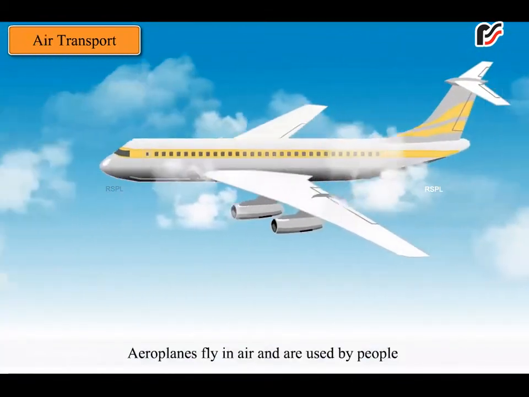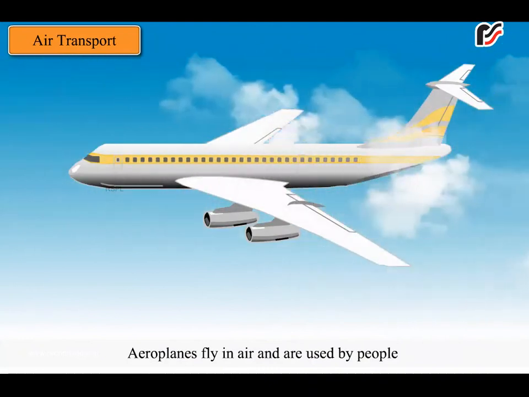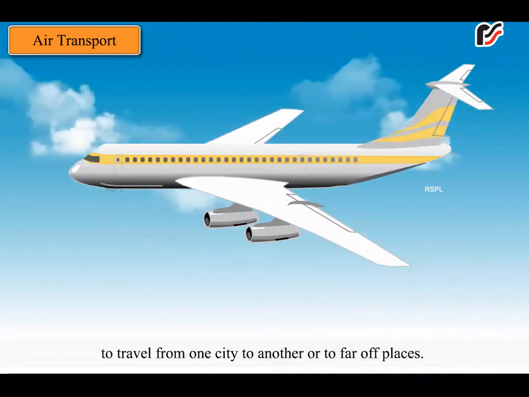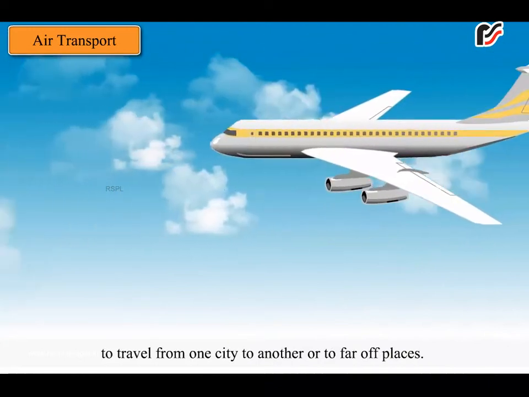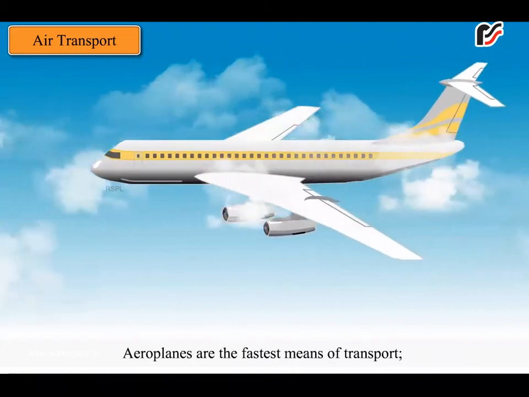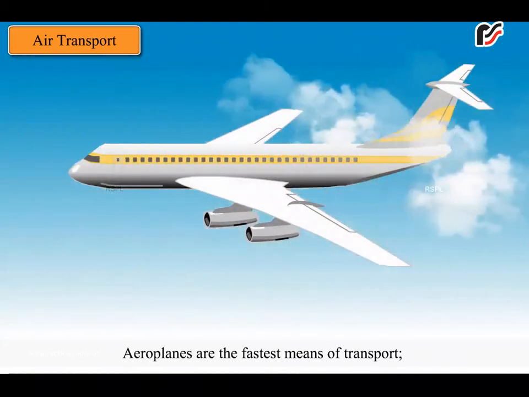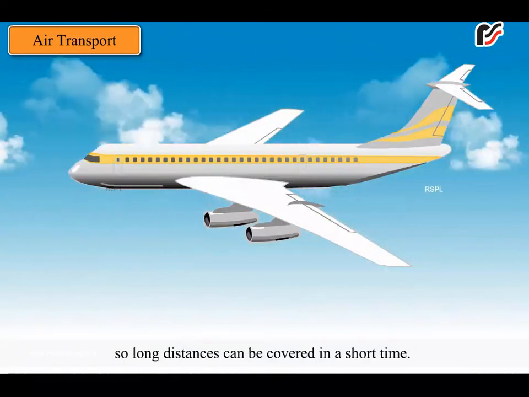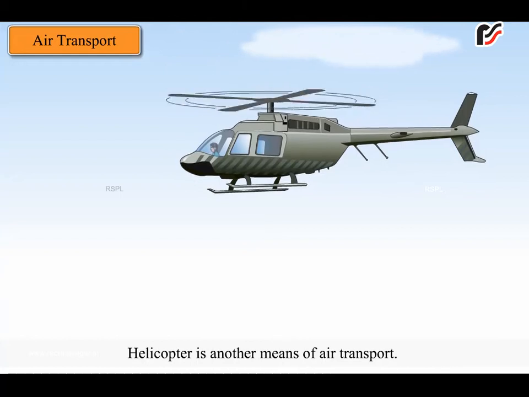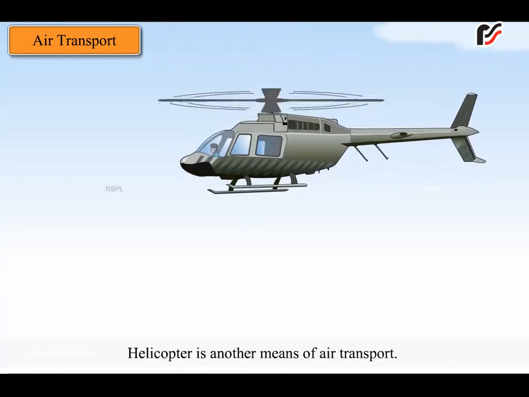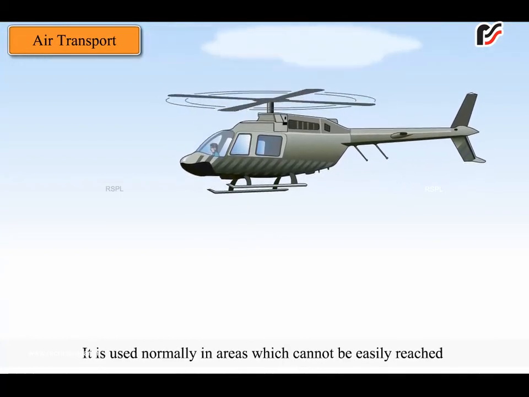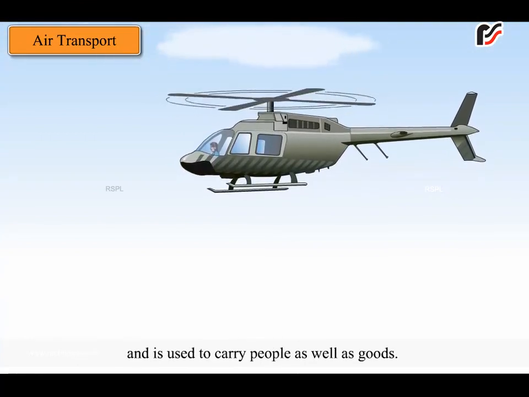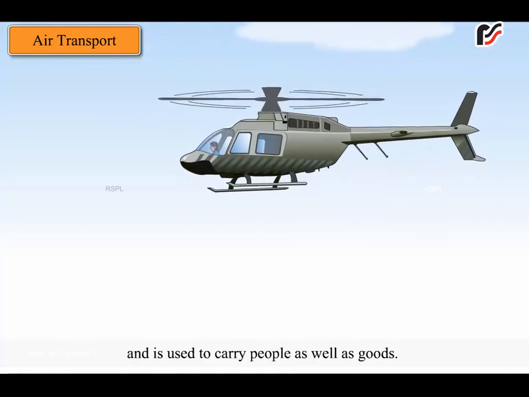Aeroplanes fly in air and are used by people to travel from one city to another or to far off places. Aeroplanes are the fastest means of transport, so long distances can be covered in a short time. Helicopter is another means of air transport. It is used normally in areas which cannot be easily reached and is used to carry people as well as